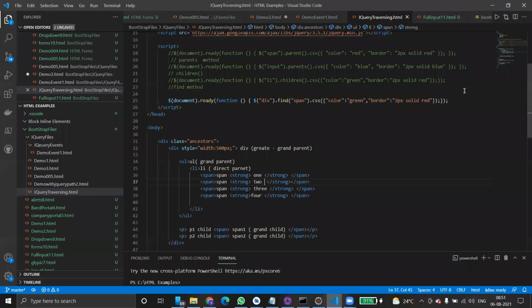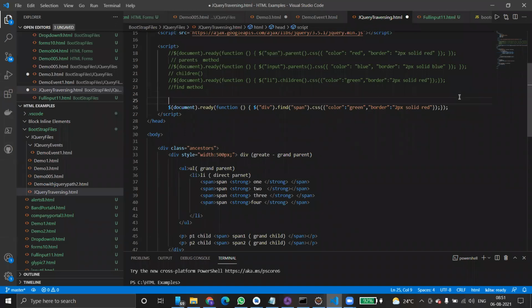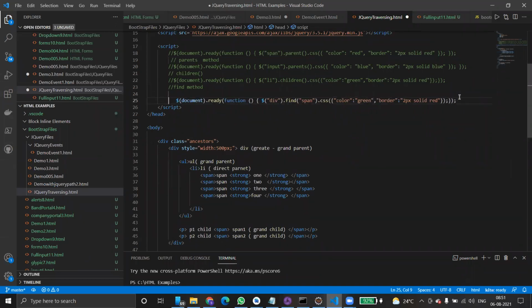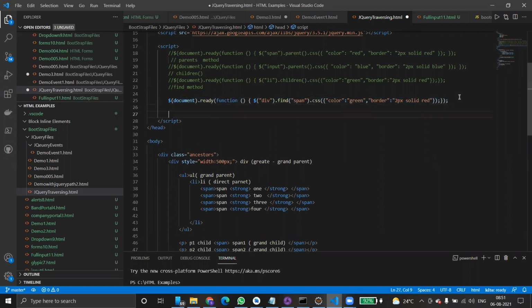The method is prev. So I just want to use the find element of CSS. H2.nextAll.